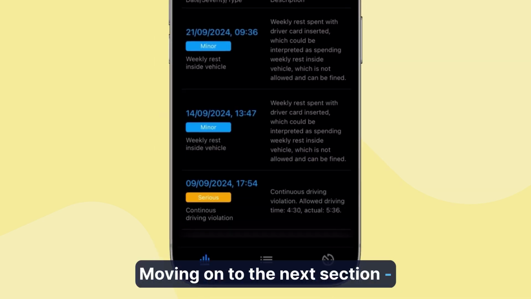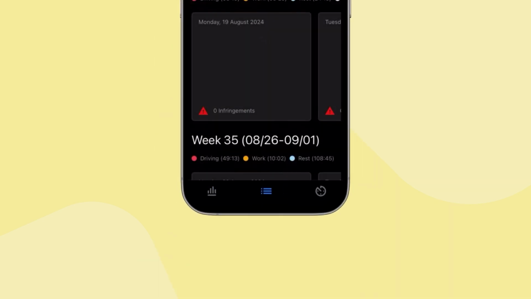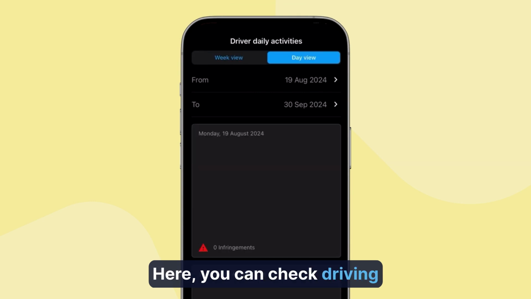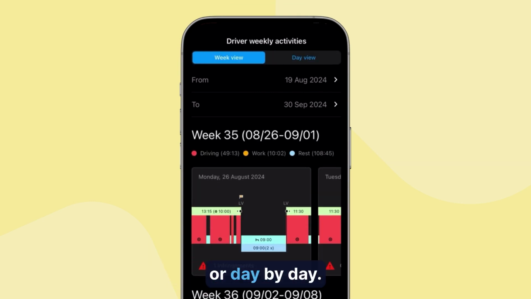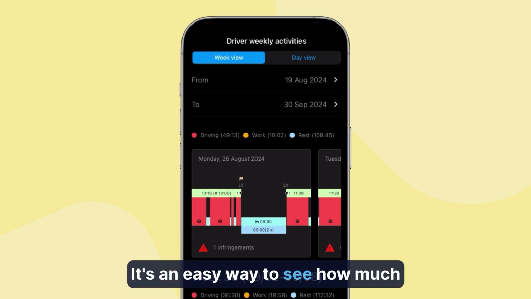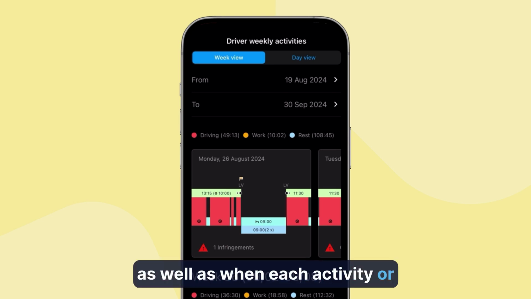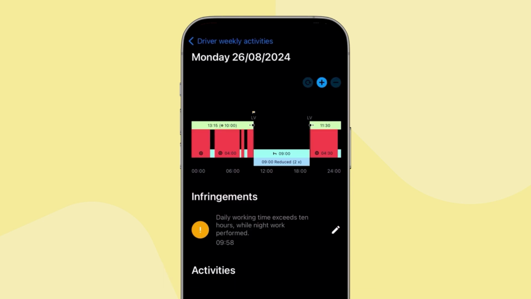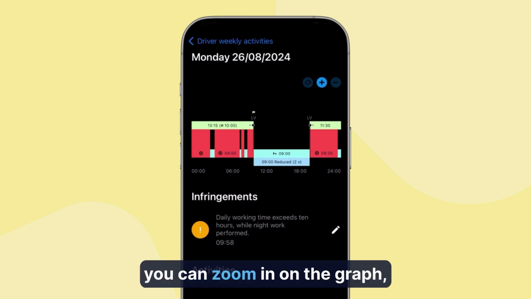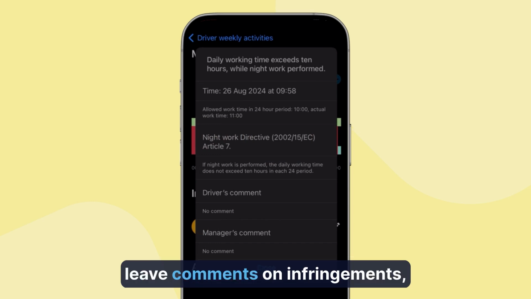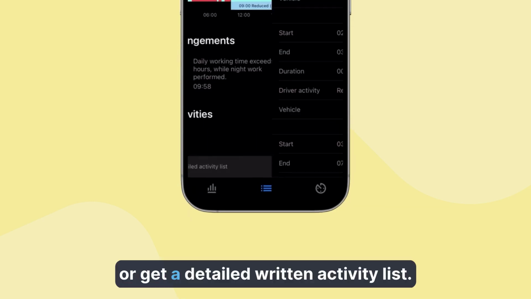Moving on to the next section, the activity graph. Here, you can check driving activities week by week or day by day. It's an easy way to see how much time was spent driving, working, or resting, as well as when each activity or any infringements occurred. By clicking on it, you can zoom in on the graph, leave comments on infringements, or get a detailed written